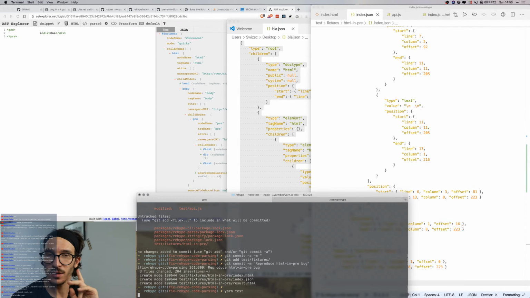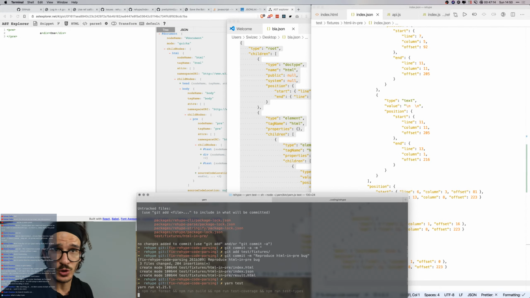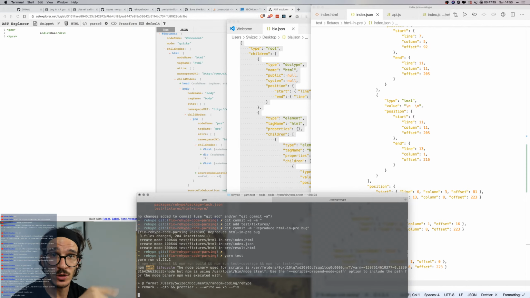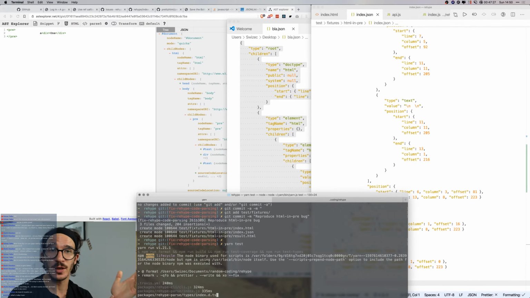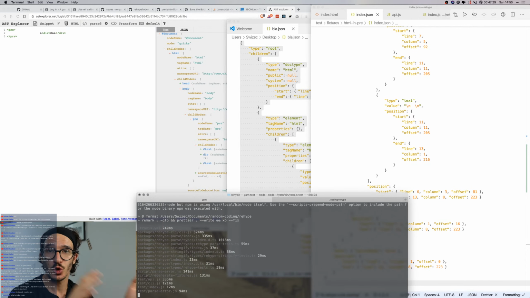Now we're going to get a slightly different error, which is going to say that the HTML was parsed correctly, but it was stringified incorrectly. Because I think that's going to be easier to fix, because we're just going to say, hey, all of the child nodes of a pre tag should go back into the pre tag. Don't drop them. So that's what we're going to try. Let's see how it goes.